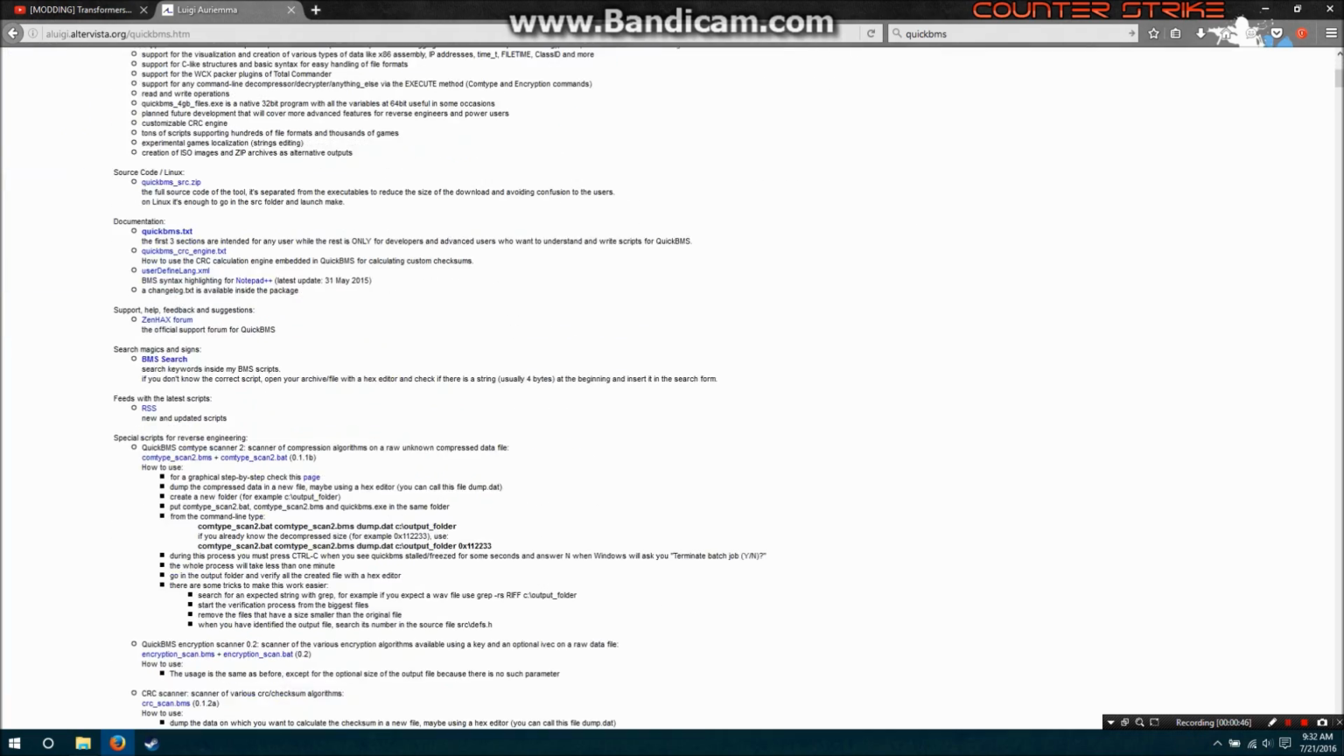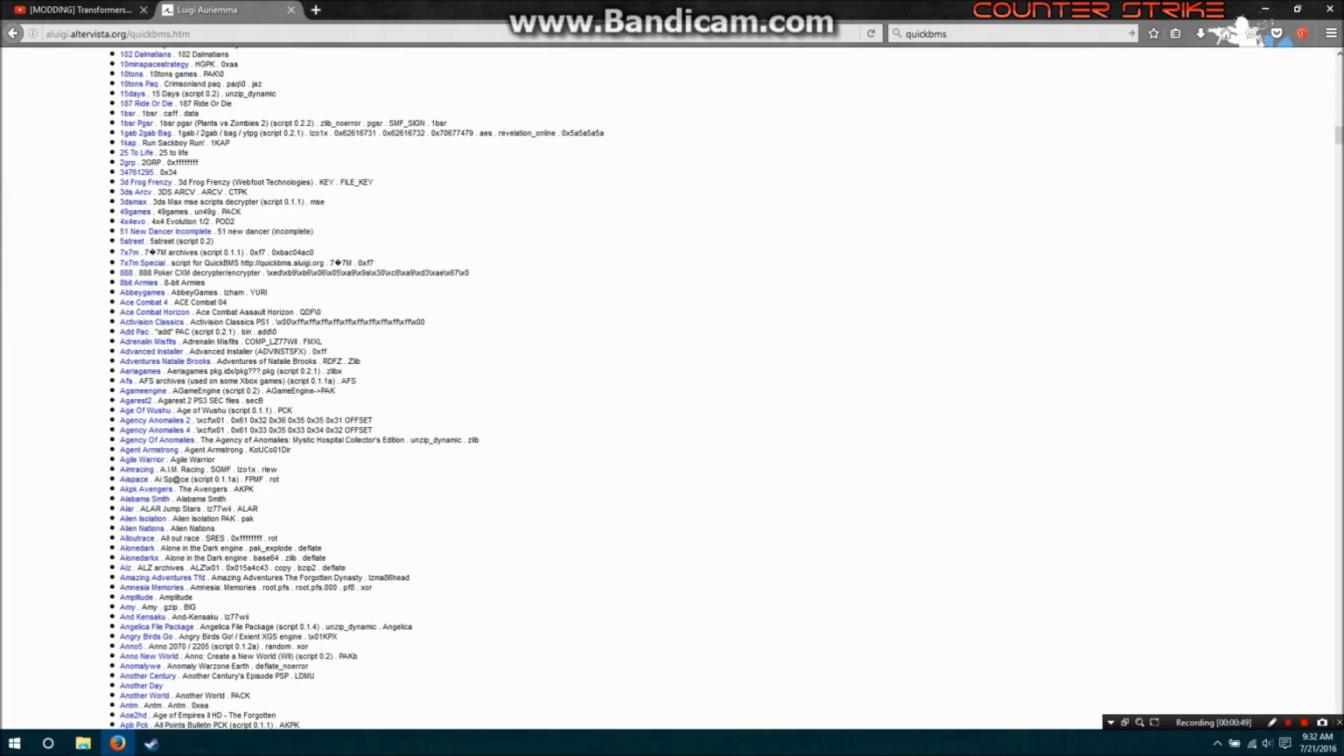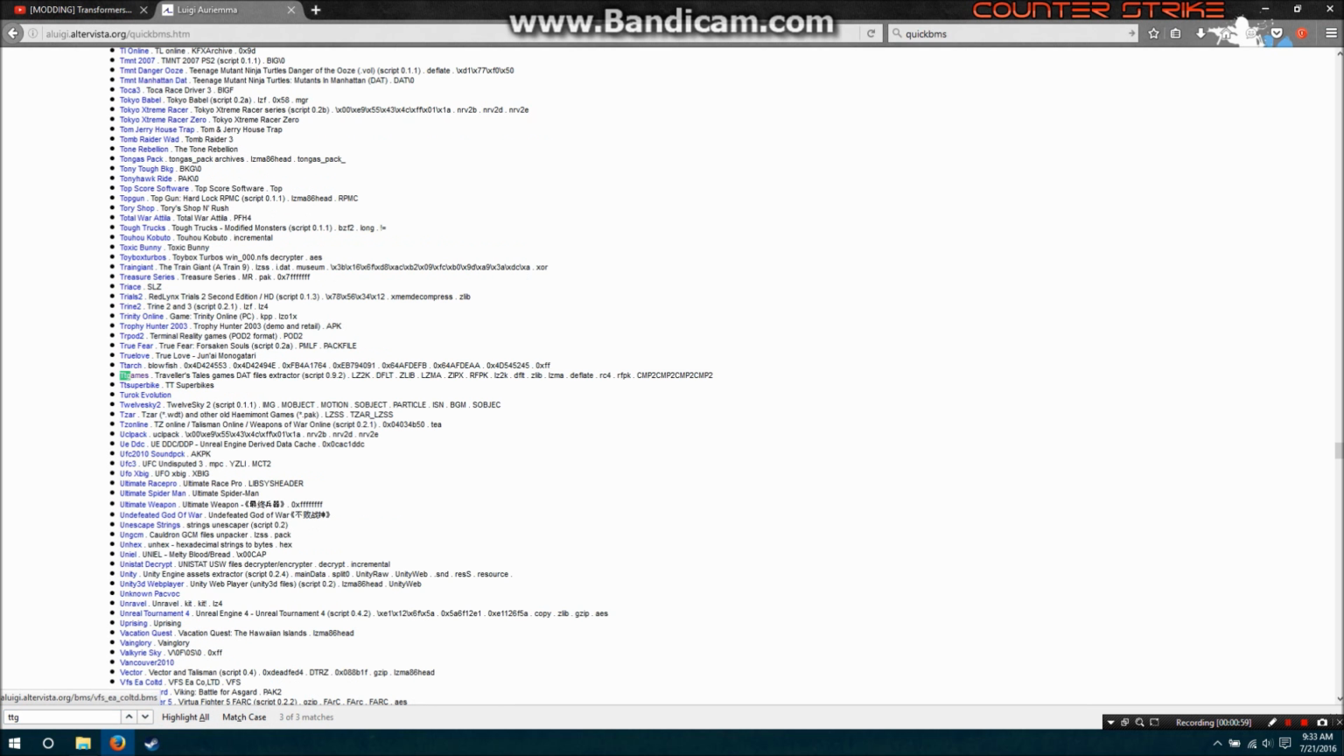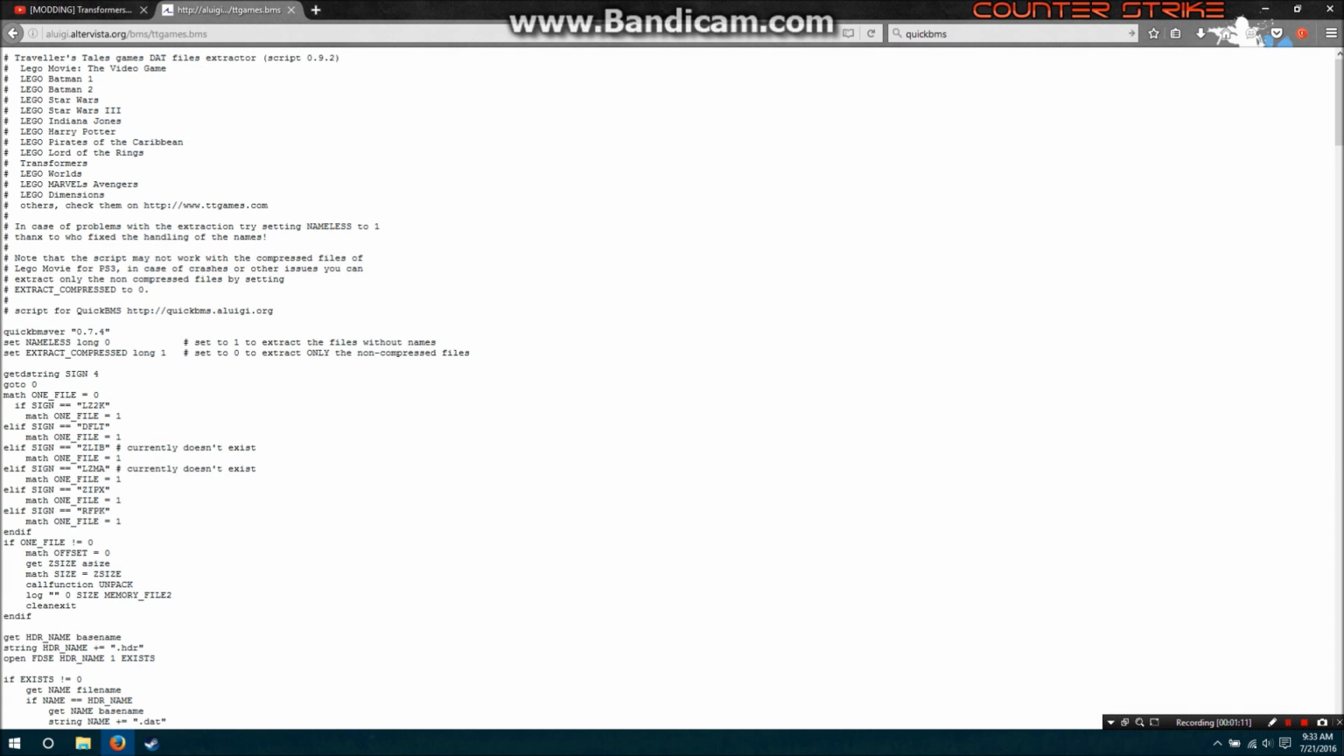Once you get that, you have to scroll down here. To make this easier to find, I'm going to press Control F and we're going to type in TTG because it means Traveler's Tales. Yeah, right here. This will extract the data files from Transformers the game. You have to have this. Once you click on TTG games,